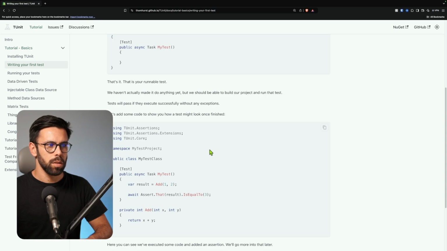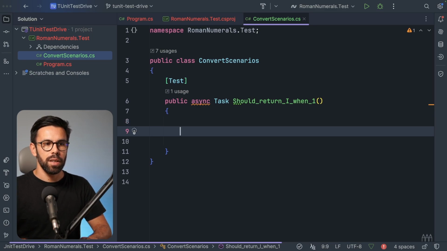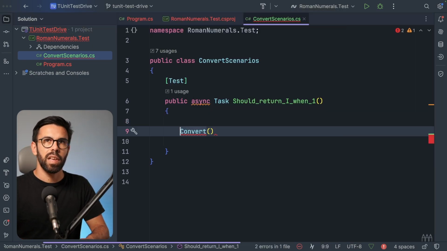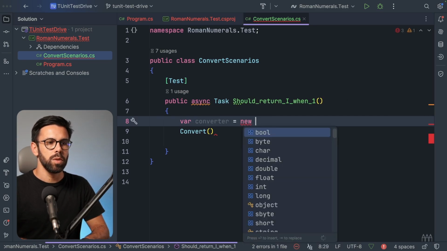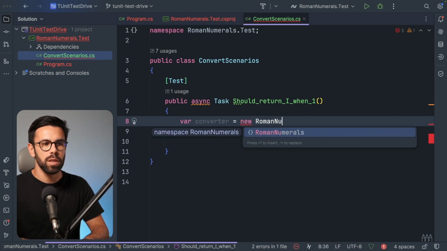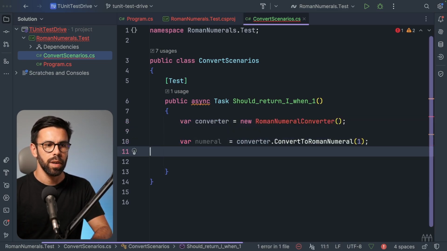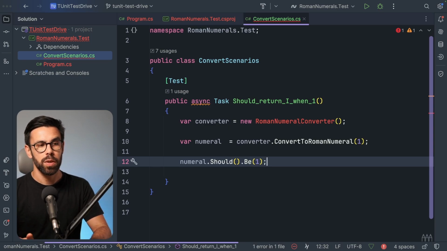It looks so. So we'll get back to that later. Let's keep it that way. So the first scenario is if I call a method that I think I will name convert, and the convert can be part of a class named something like var converter is equal to new Roman numeral converter. So the numeral that will come out of that should be 1